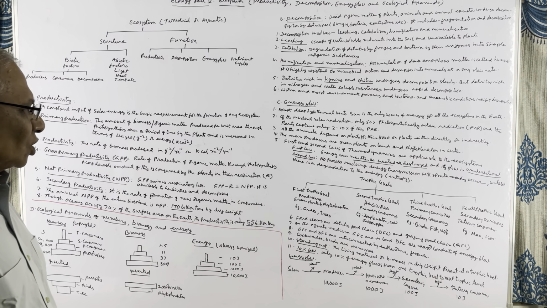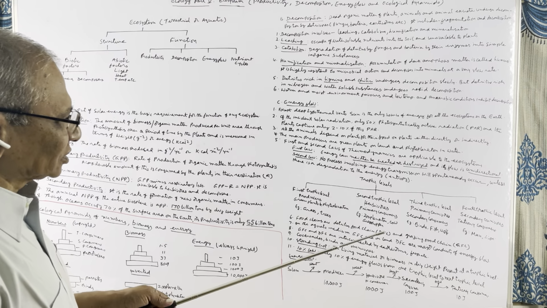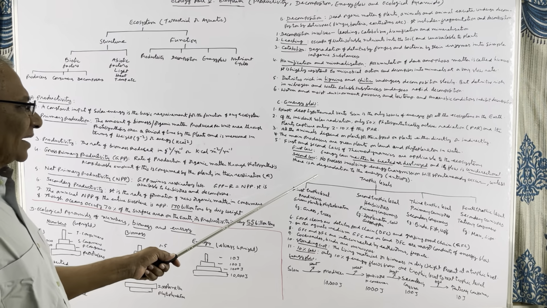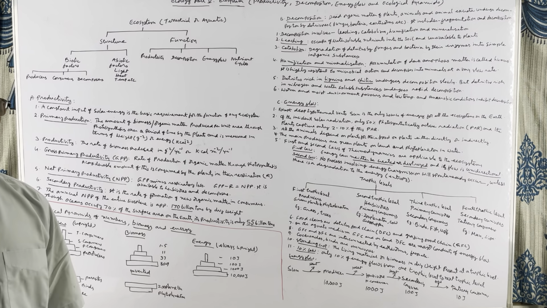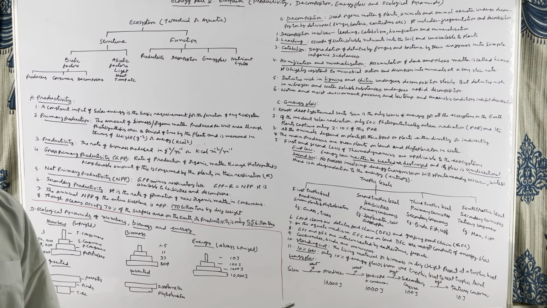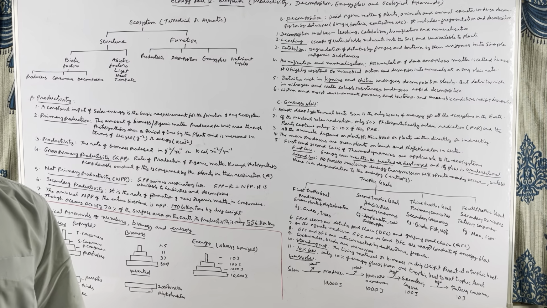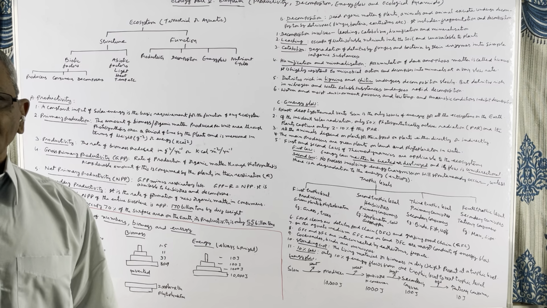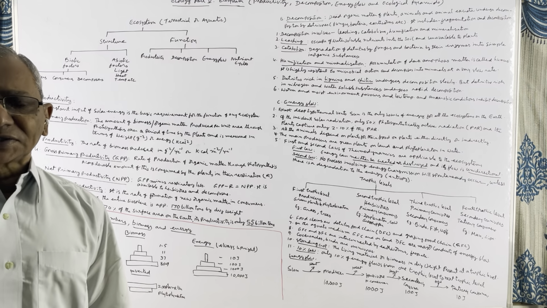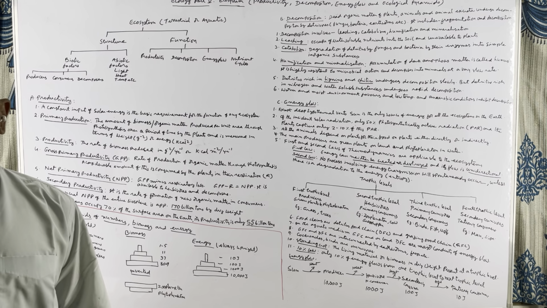Second law: no process involving energy transformation will spontaneously occur unless there is a degradation of the energy, or entropy. That means energy can neither be created nor destroyed, but energy can be transformed from one form to another form. If you take atomic energy, it can be converted into electrical energy. Electrical energy can be converted into heat energy or light energy. Like this, energy can be transformed from one form to another form.